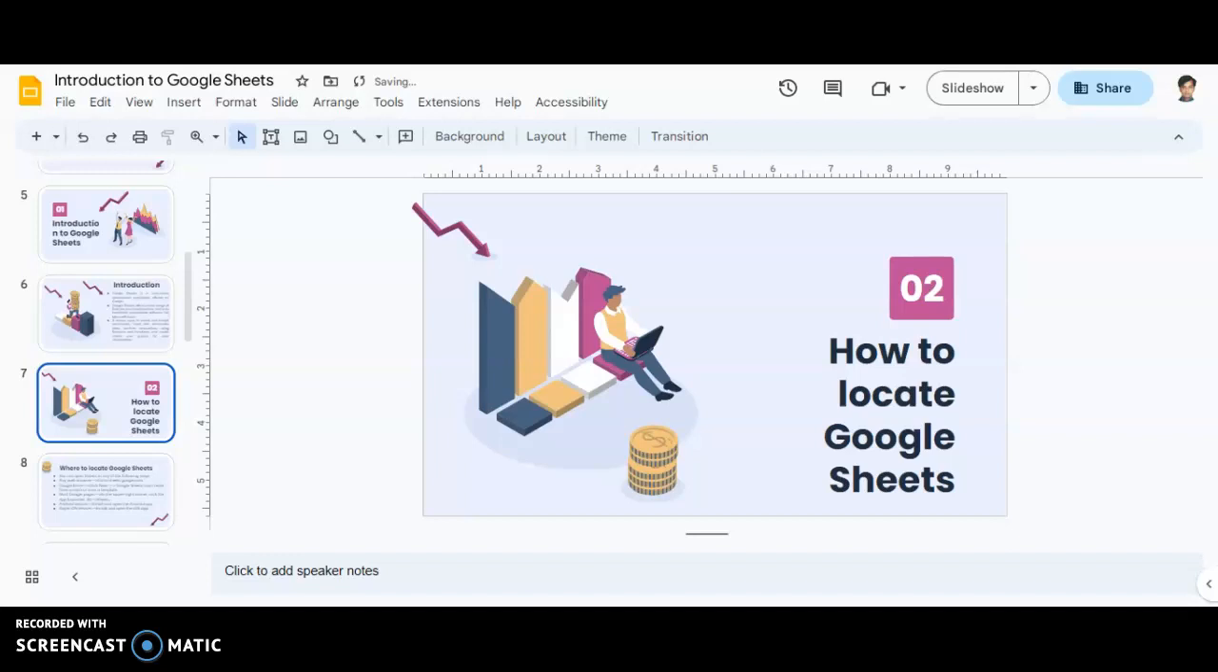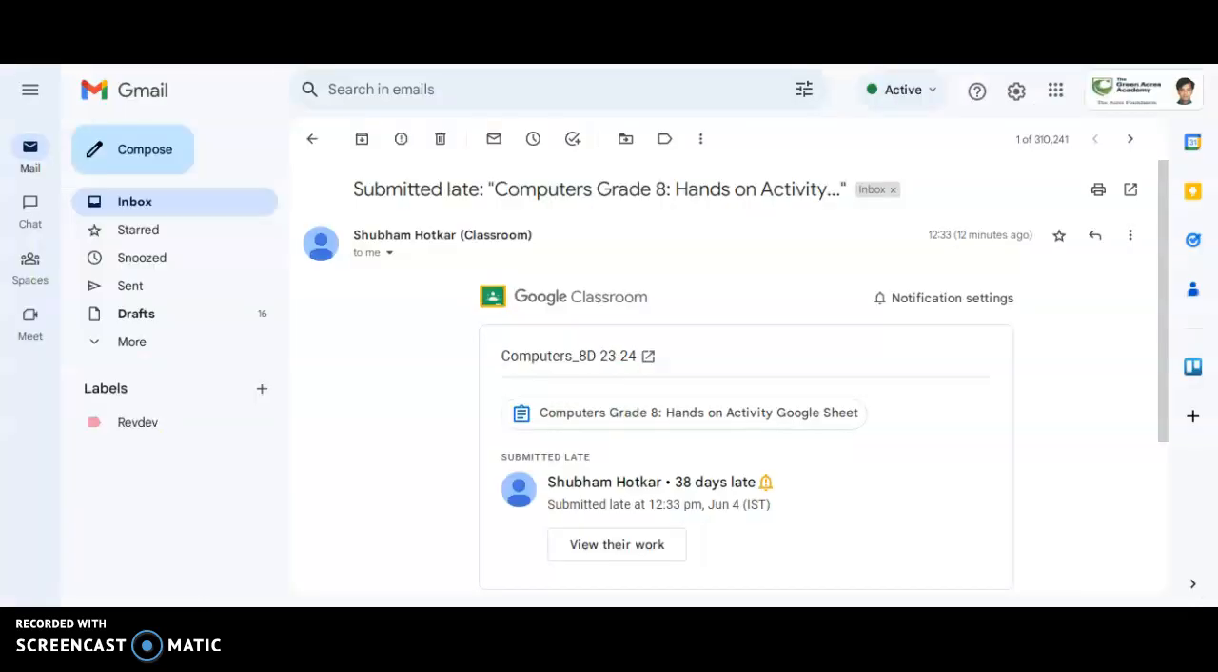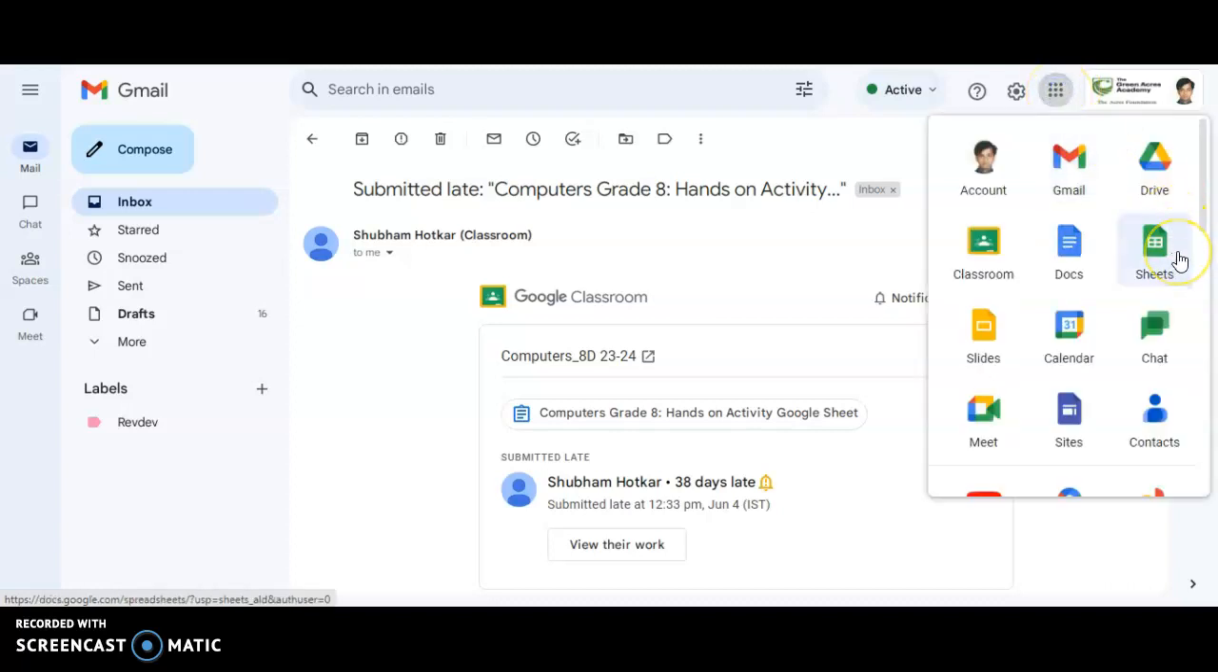Now, after having a basic introduction about Google Sheets, we are ready to see exactly how to locate Google Sheets. I hope that we are very much aware now how to load different applications. There are different ways to load different applications. The basic means is we go to the Google Apps, and over here we will be able to